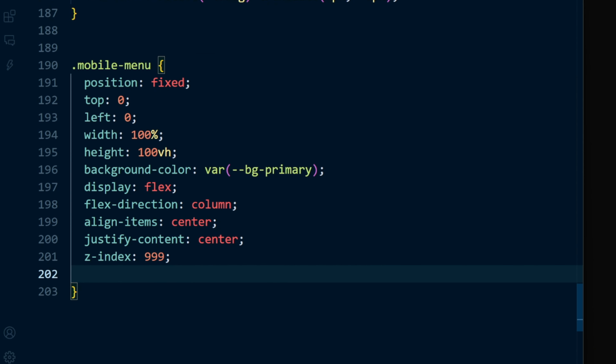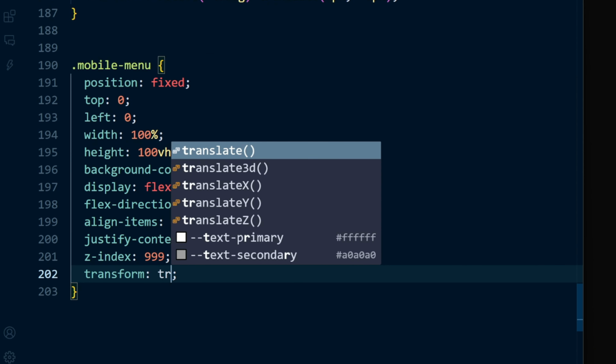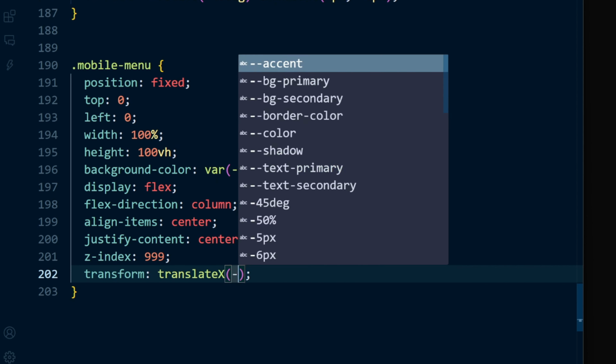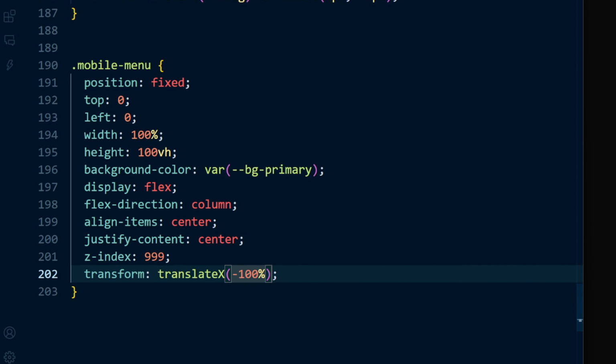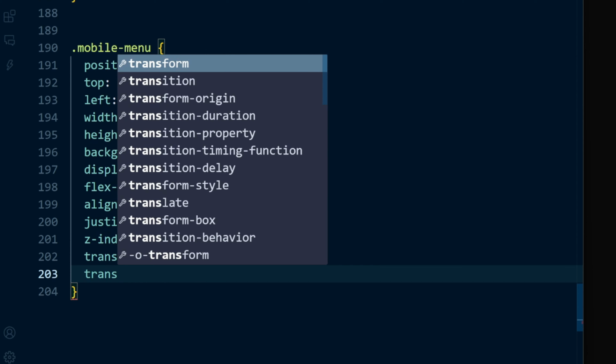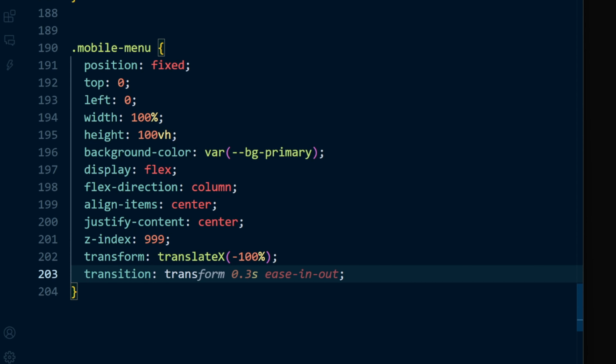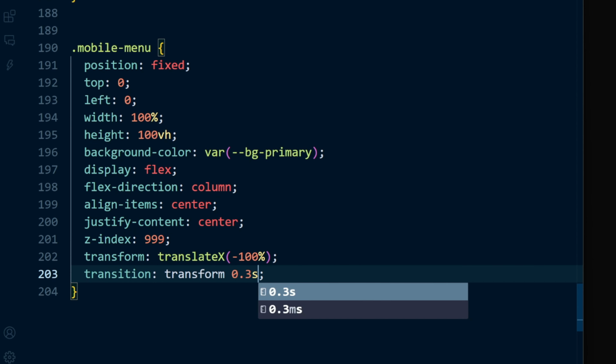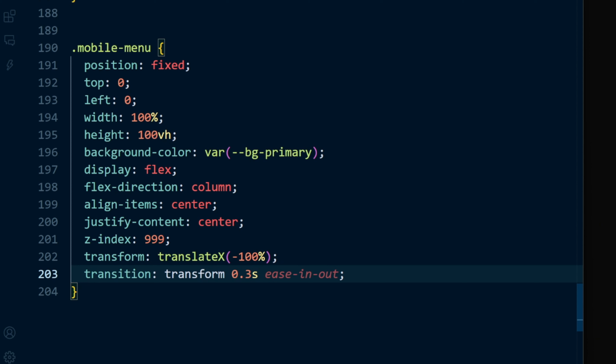Now the key part, we add a transform, translateX(-100%). This moves the entire menu panel completely off the screen to the left by 100% of its own width. Finally, we add a transition on the transform property, with a duration of 0.3 seconds and easing set to ease. This ensures that when we later change the transform value to bring the menu into view, it animates smoothly